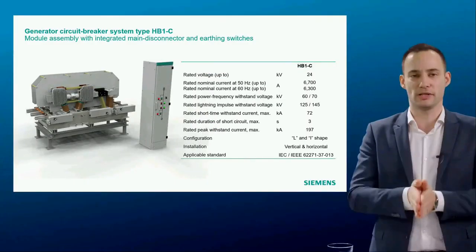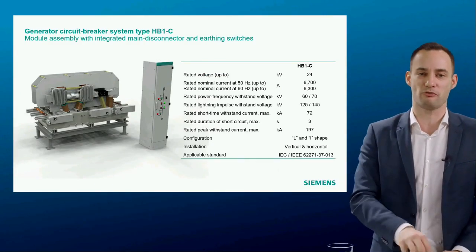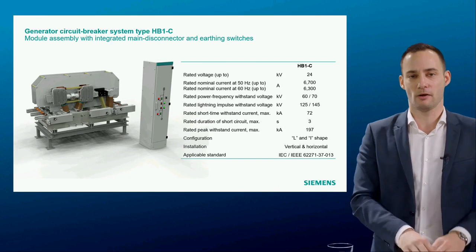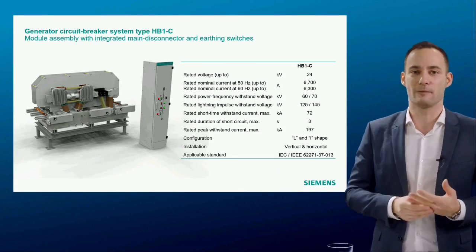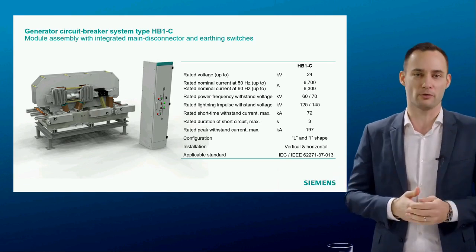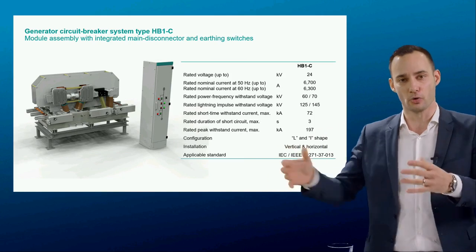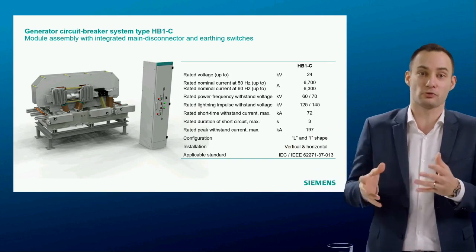Our wish was to bring to the market something that no one did before. We wanted to bring something flexible that would support our customers in replacing their aging, outdated GCB with something new, and they will get more. But also, having in mind that when it comes to a power plant, you don't want to disrupt it too much, whether it's the time needed for the replacement, or the need to change and adjust the bus bar routing or the room size. You want to be able to fit in with minor, not to say no,